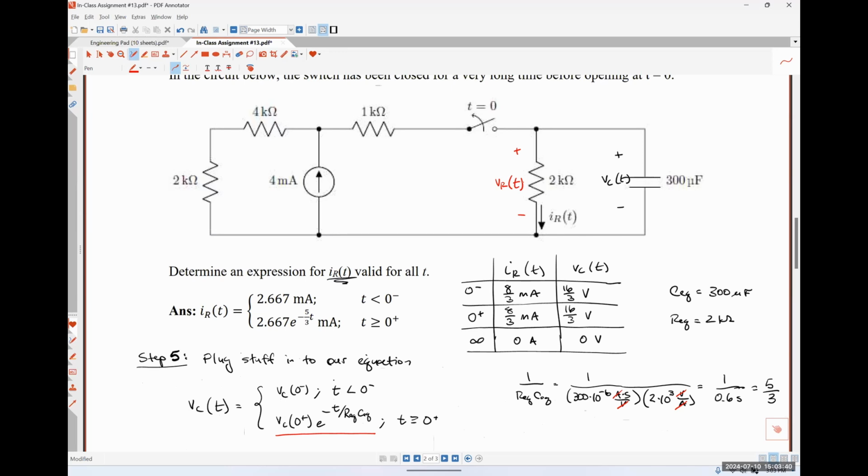Would it be the same thing? It would. They're connected in parallel. That 2 kilo ohm resistor and the capacitor are in parallel, so the voltages have to be literally the exact same thing. Okay, which is why we were able to just use Ohm's law to figure out what that resistor current was. So the voltage drop across the resistor has to be of the same general form as the voltage drop across the capacitor, meaning it's an exponentially decaying thing